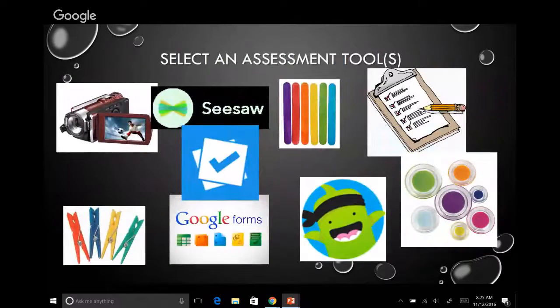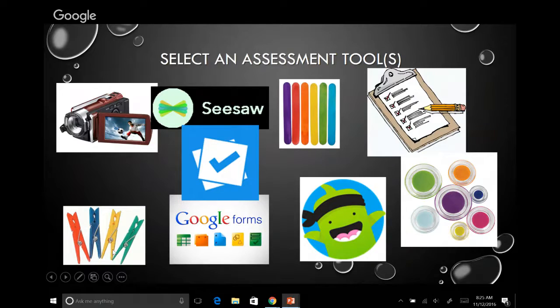So out here, we have lots to choose from. We have everything from pencil and paper to, I was in Roseville, California, doing a session on standards-based grading, and a teacher shared with me the popsicle sticks here. So she had a peanut butter jar full of different colored popsicle sticks, and as she would give feedback to her students, she would give them a different colored stick that denoted which level of proficiency her kids were on. I tried it, and it was a little cumbersome because the kids didn't know what to do with the sticks once they had them.